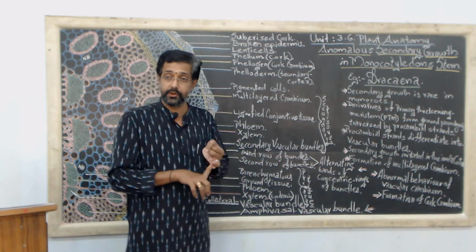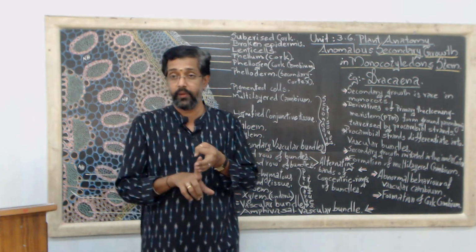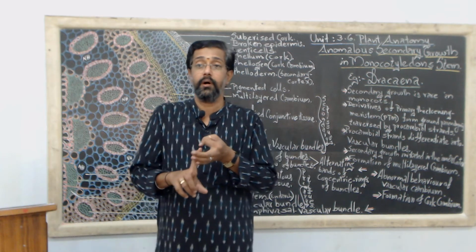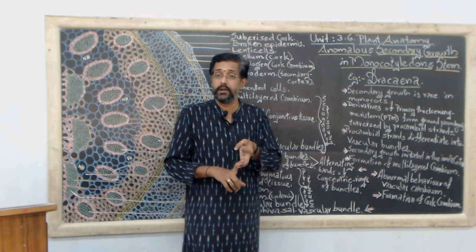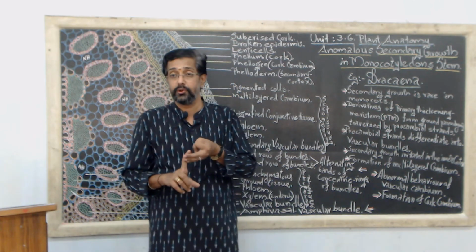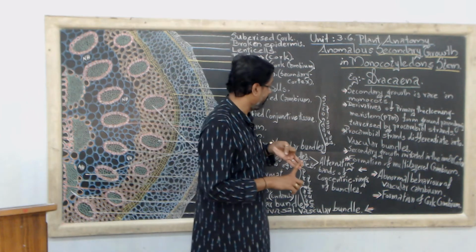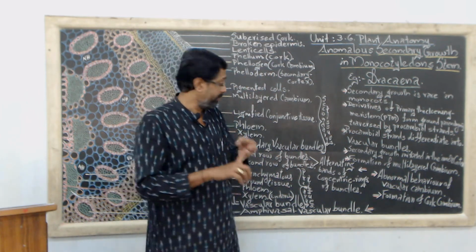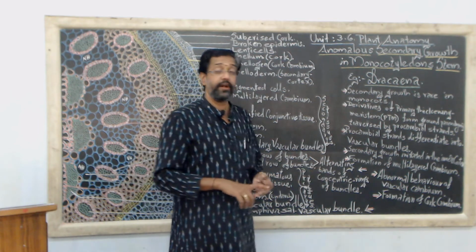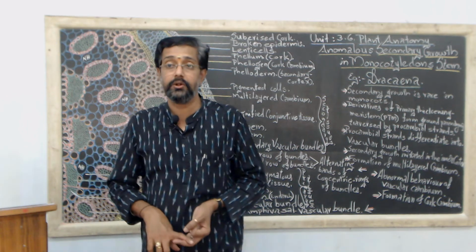Second, this primary thickening meristem develops in the ground parenchyma and differentiates to form the multilayered cambium. Those multilayered cambium are irregular in shape and size, and from that multilayered cambium it produces the alternating bands of concentric rings of vascular bundles